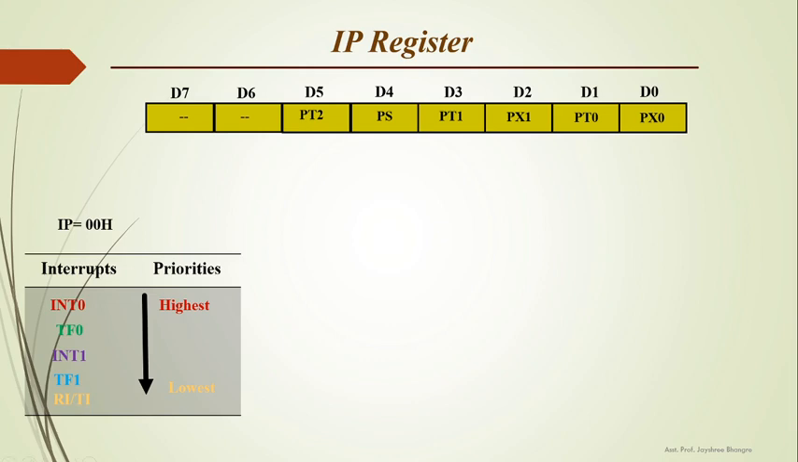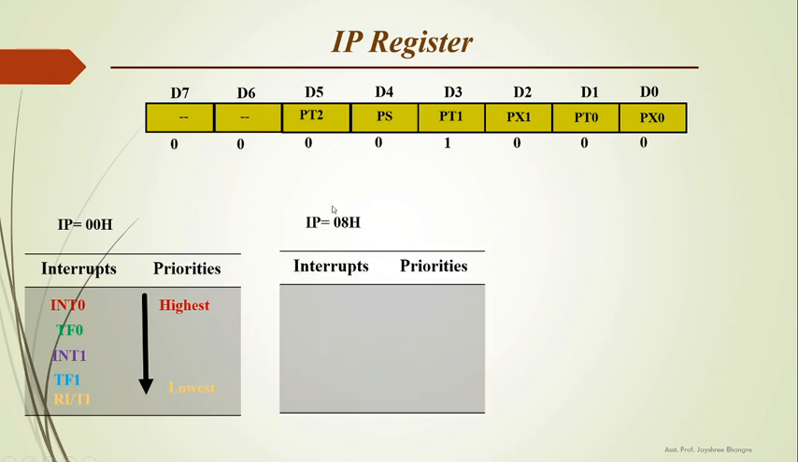If here we put IP equal to 00H, that means we are not assigning any bit equal to 1. All the bits of this register are 0. So the default priority is here, that is int 0 has the highest priority and RI TI has the lowest priority. If we want to change the priority,